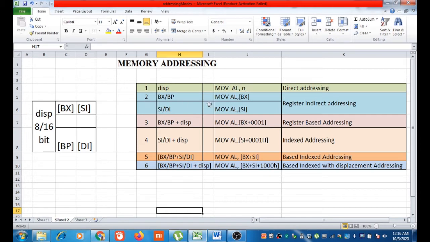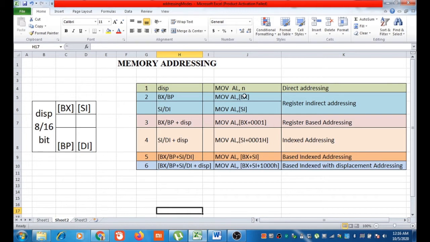Second one, the register indirect addressing. Here you are picking BX or BP from the second column, or you are picking SI or DI from the third column. An instruction can be MOV AL, [BX] or MOV AL, [SI].